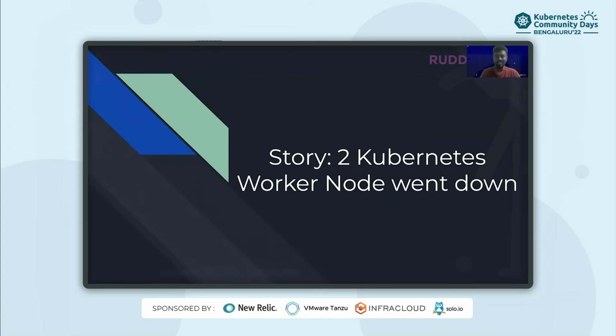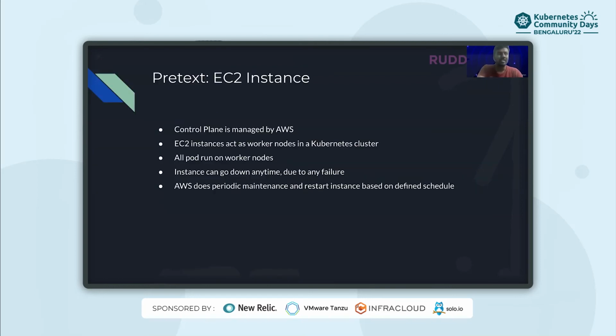The second story is slightly minor compared to the first one, but again this involved Kubernetes. One of the worker nodes went down. As Mitesh mentioned earlier, we have separate deployments for our enterprise customers. So usually when a cluster goes down, it means most of our customers on that cluster go down. But even when a node goes down, it can mean at least 4 or 5 different customers going down. So this is also a pretty serious problem for us. So here the context is basically